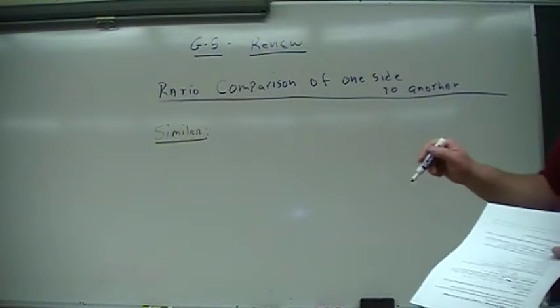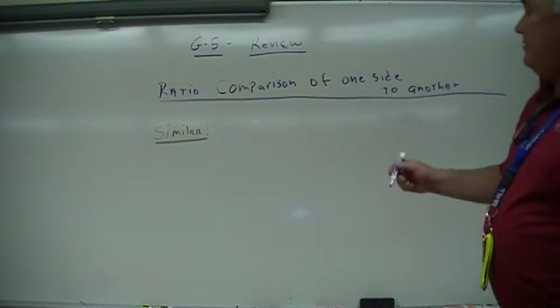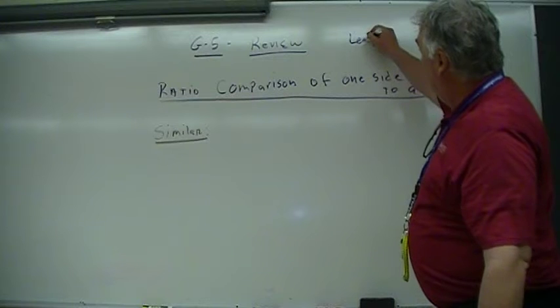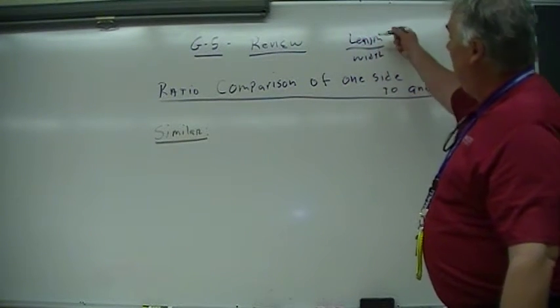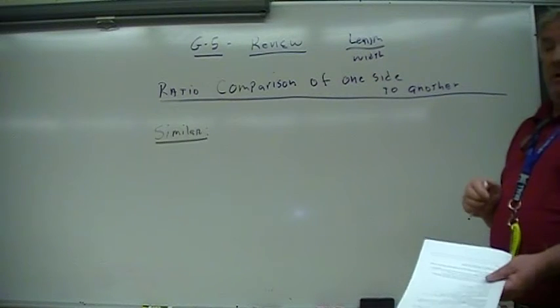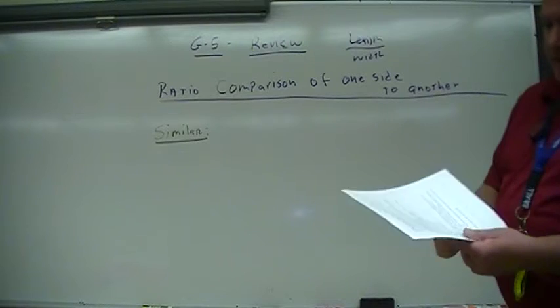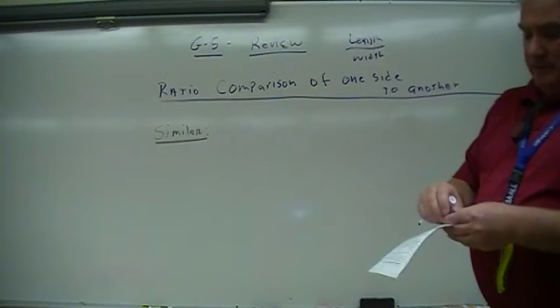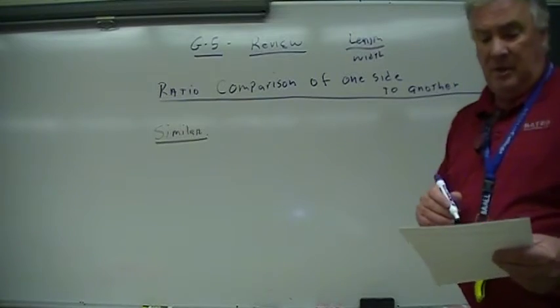If you need to pause the video quick to write that down, you can. It compares one side to another. So it could be length to width, length to width if we were using a rectangle. And that's the ratio there. And the next vocabulary word is similar. And if figures are similar,